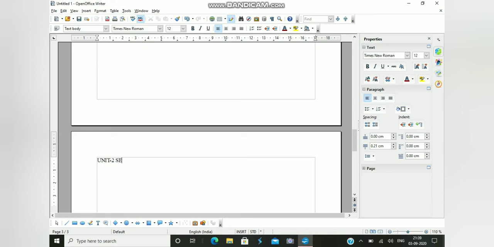So here accordingly we'll write self management skills, and accordingly below here I will write session 1. As we have session 1 as stress management, the first session is stress management.